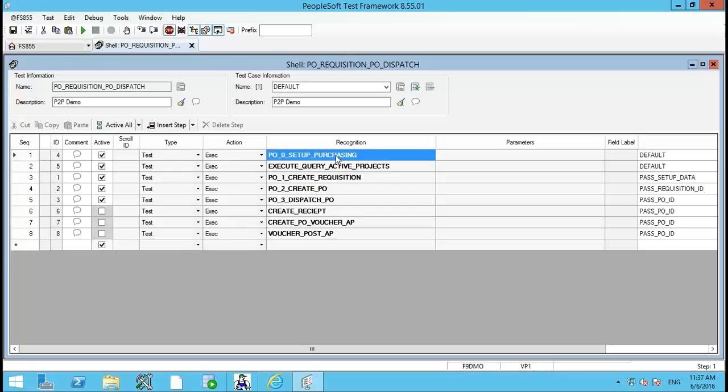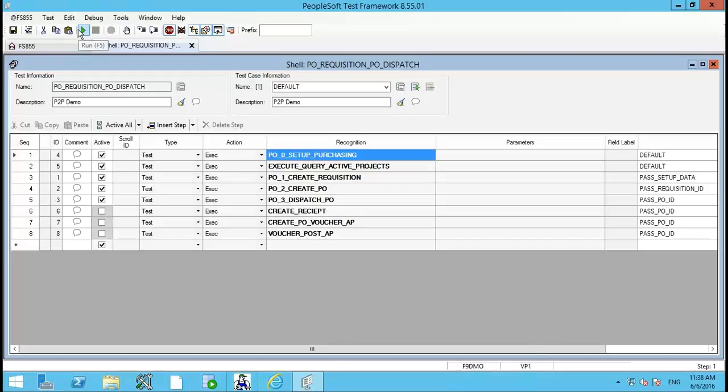And one can design several such scenarios where you don't actually hard-code any data into your tests, but what you're doing is looking into your transaction history and looking into your setup data and fetching all relevant input information that then acts as test data for your shell test. So what that also means is if I pick up this test and move it over to another instance which may vary in your setup data, the test need not be modified. It is all dynamic. So let's take a look.